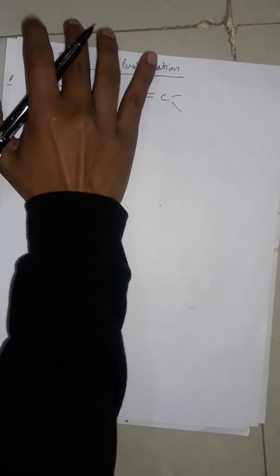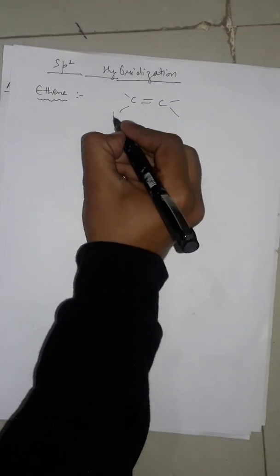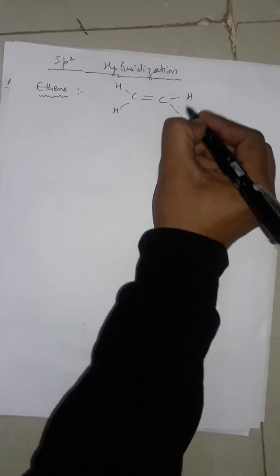Okay, so you can see that there is one double bond in ethene. Now the ground state and excited state for carbon here are the same. We need not mention the ground state and excited state again, but here we can see that the number of hydrogen atoms is only 4. There are 2 carbon atoms and 4 hydrogen atoms. So